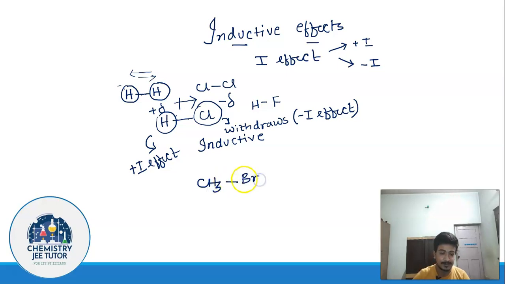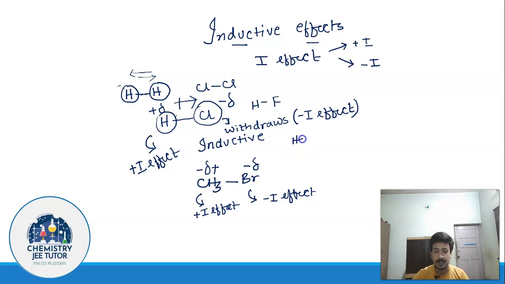In this case, bromine is more electronegative than carbon. So bromine is going to attain a delta negative charge, and carbon is going to attain a delta positive charge. What we say is that this has a minus I effect and this has a plus I effect. I believe this is clear to you. Now one more aspect that is quite important in this regard is that if you take a molecule like